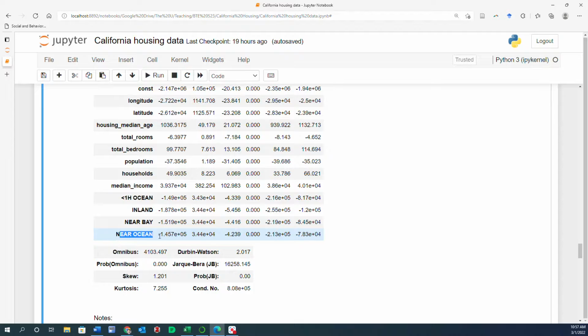So the houses that are near ocean are roughly $145,000 cheaper than the ones that are on an island. If they are within an hour of the ocean, then they are only $149,000 less expensive than the ones on islands,